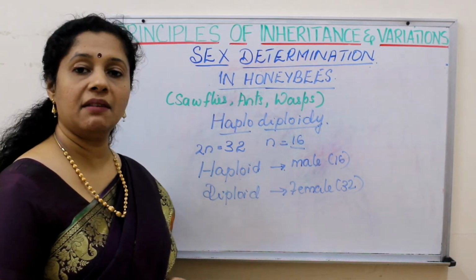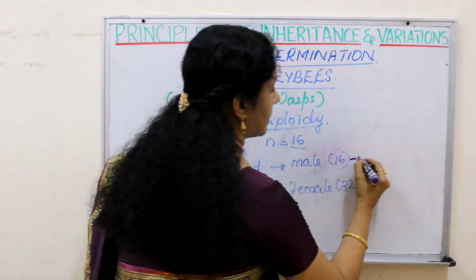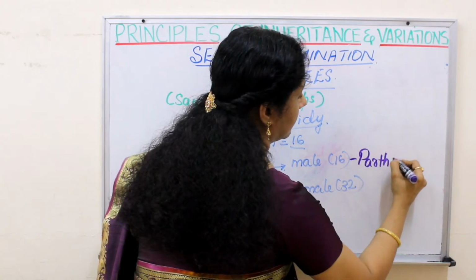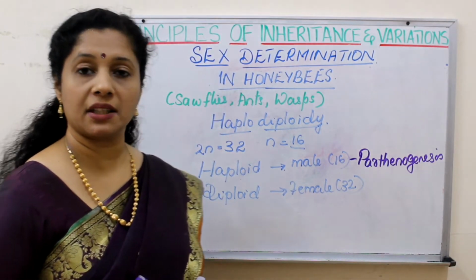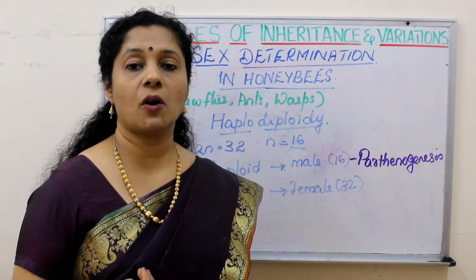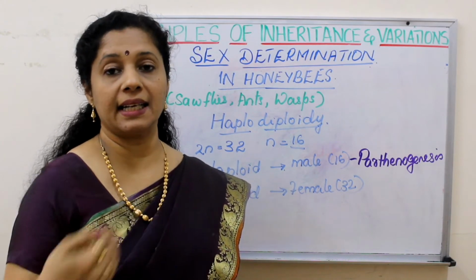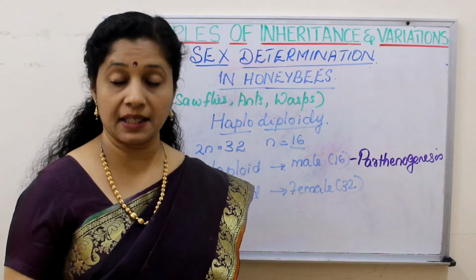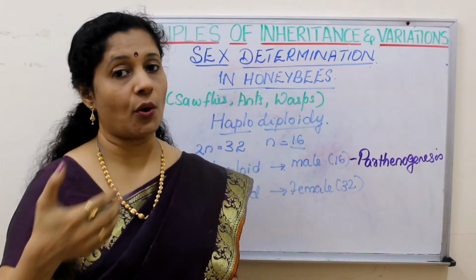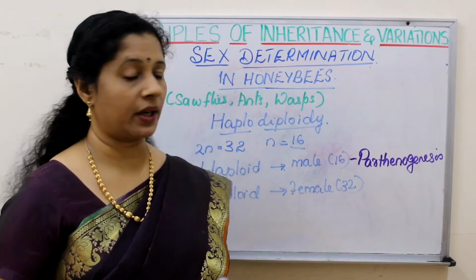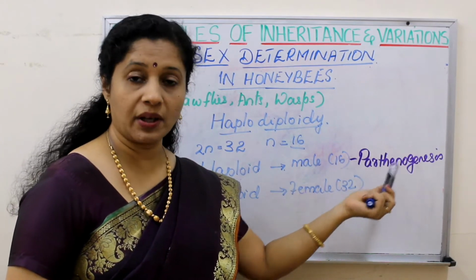How can a haploid male form? We learned about one process called parthenogenesis. In the first chapter, there is mention of parthenogenesis, in which a new offspring is formed from the gamete of the mother without fertilization. So the mother's gamete is directly developing into an offspring. That is a condition called parthenogenesis. In that case, we know the gamete is haploid, so obviously the offspring is also going to be haploid. So if an offspring develops from the mother's egg, it is haploid and a male.